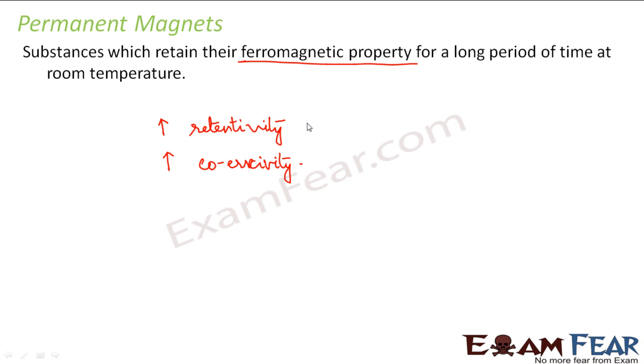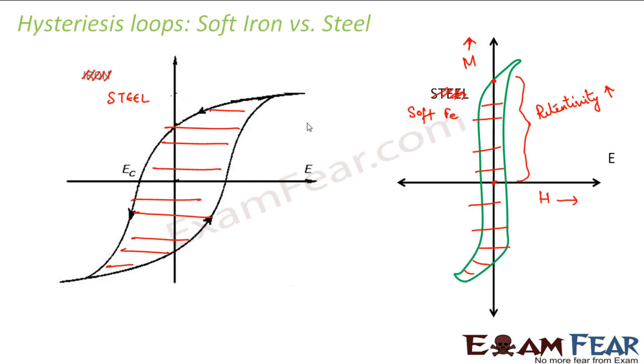So now if you look at the hysteresis loops which I displayed in the previous slide, what do you see? Out of steel and soft iron, which one do you think would be a better choice for a permanent magnet? I want high retentivity as well as high coercivity. So now if you look at this